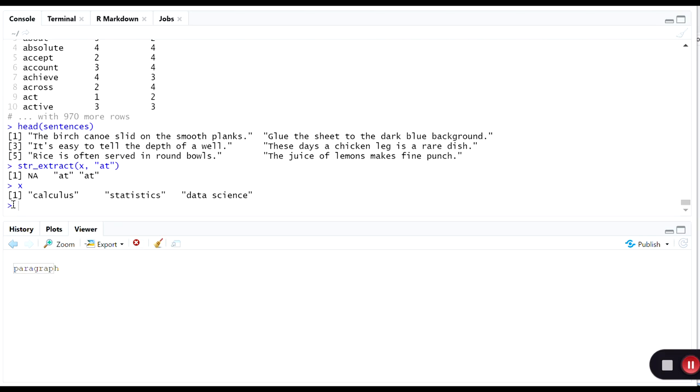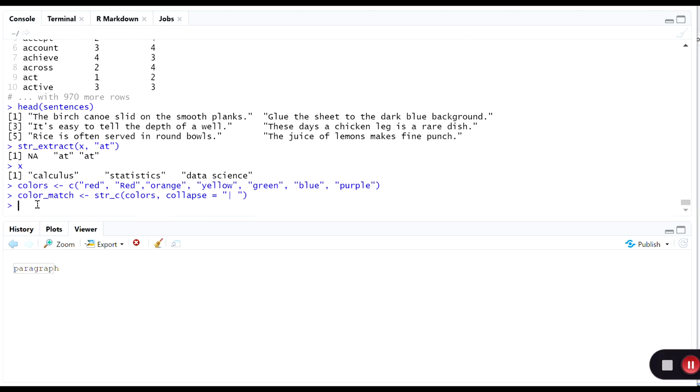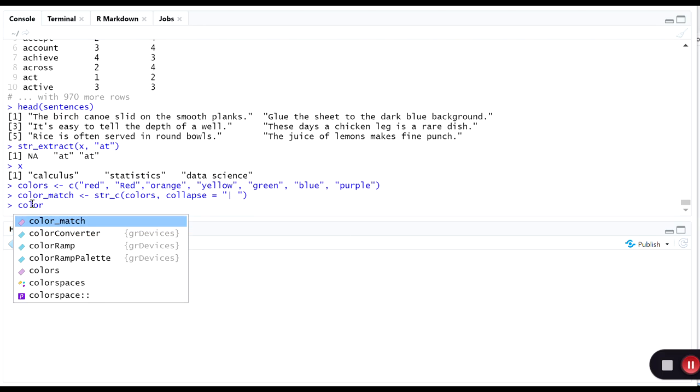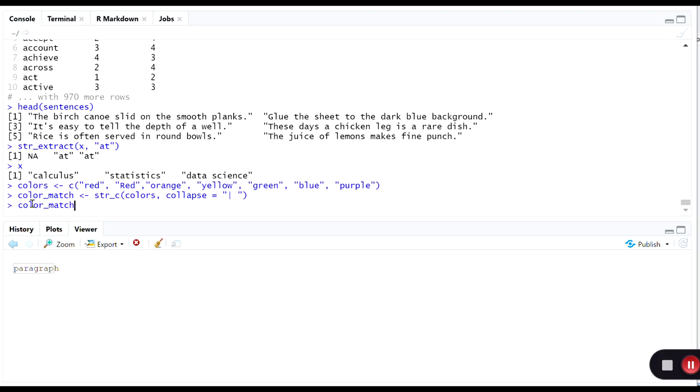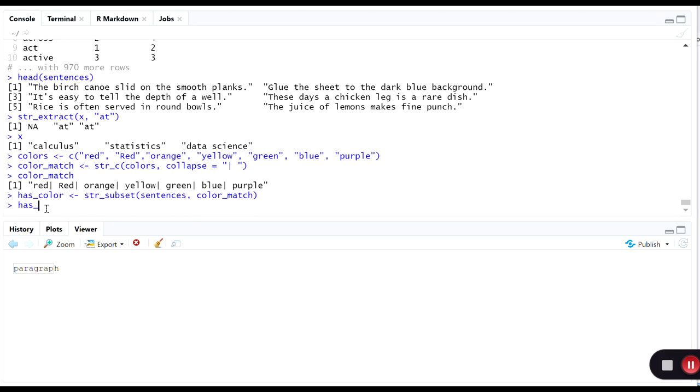So for instance, I am going to set up a list of colors. And then I am going to use my string concatenate to put those together with or symbols between them. Right? So now I am choosing from this whole set. If I did str_subset, let's see what we have here. If I did str_subset from all of those,